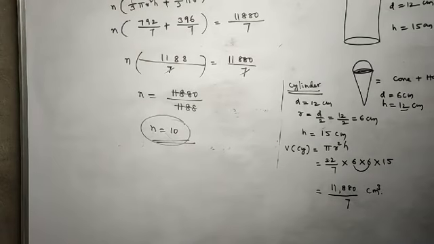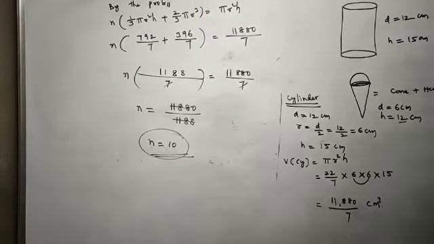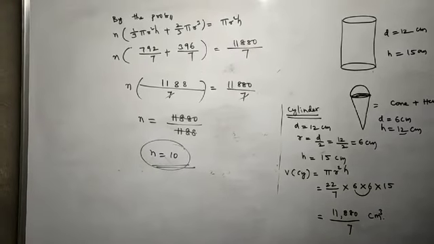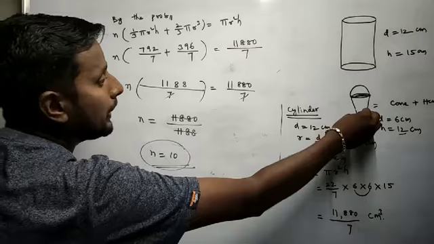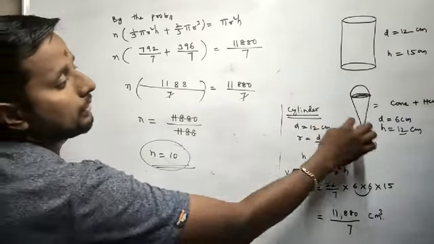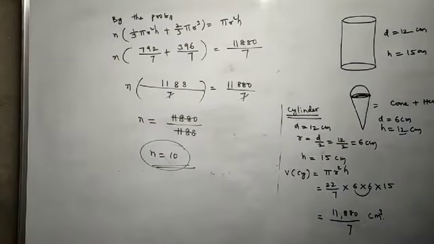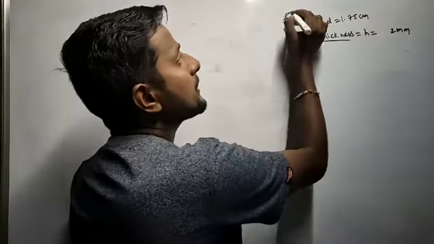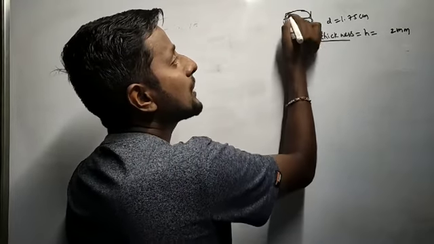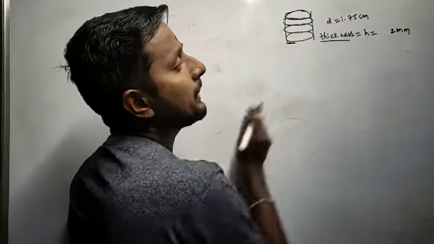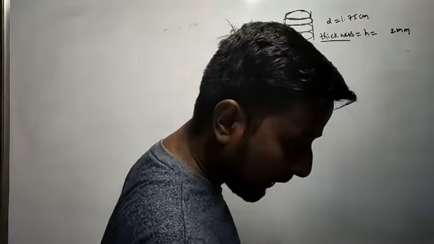What is n? In the starting I have written that n is nothing but the number of cones. Yes, n is nothing but the number of cones. So in the container, we can fill 10 ice cream cones with these measurements. Am I right? Okay. So thickness is nothing but the gap from the first cone to the last cone, so we can treat it as height.